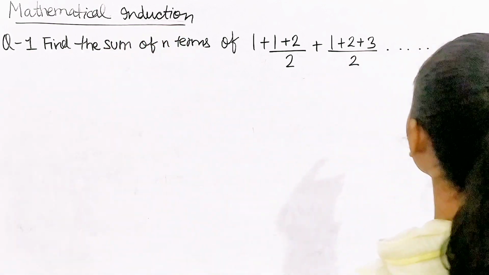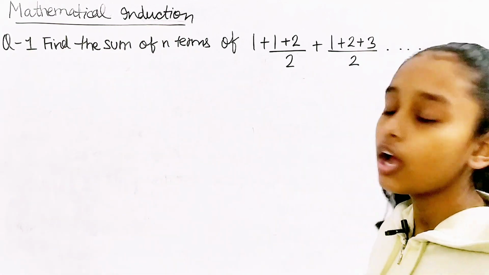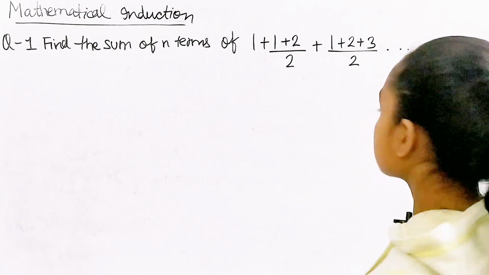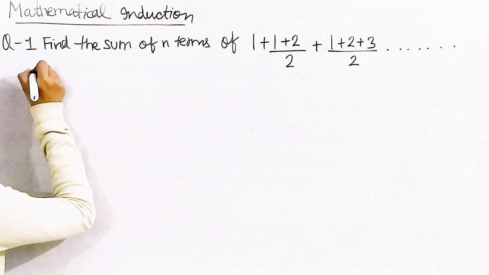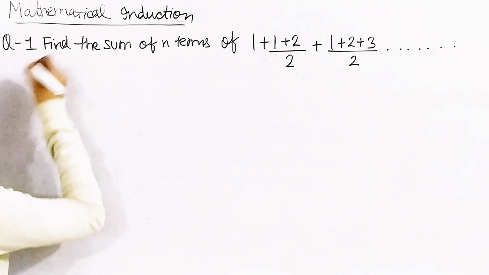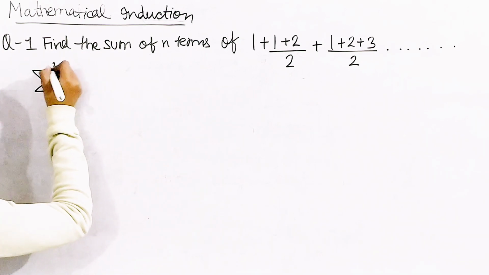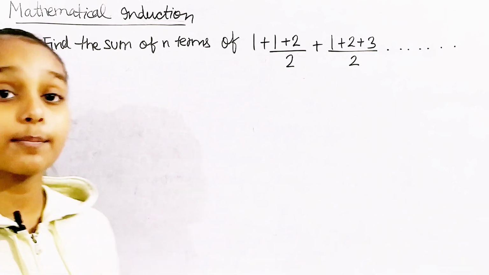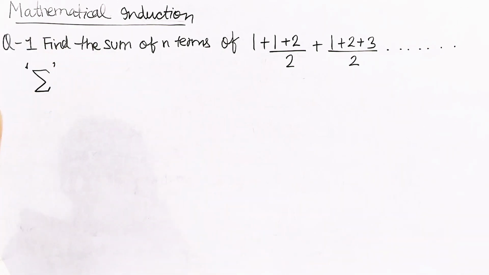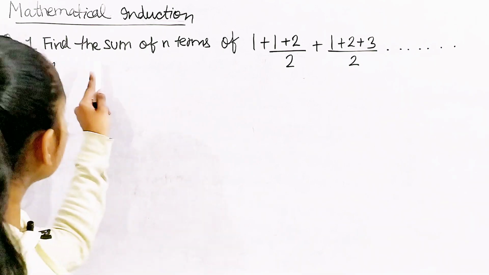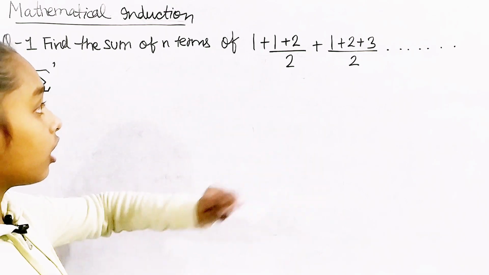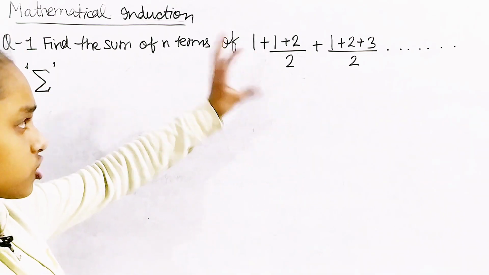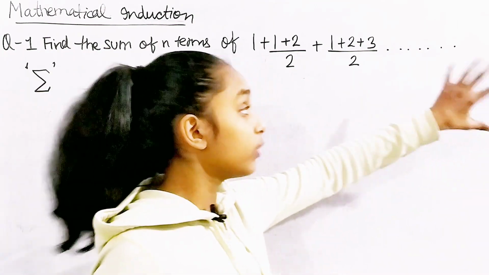So one thing that we're going to use is sigma. The symbol. Yeah, this is what we'll call sigma, isn't it? You can also say summation. I think now you'll get it. So we're going to use sigma as we have to find the sum of n terms of, and it's just going on, and we don't know where